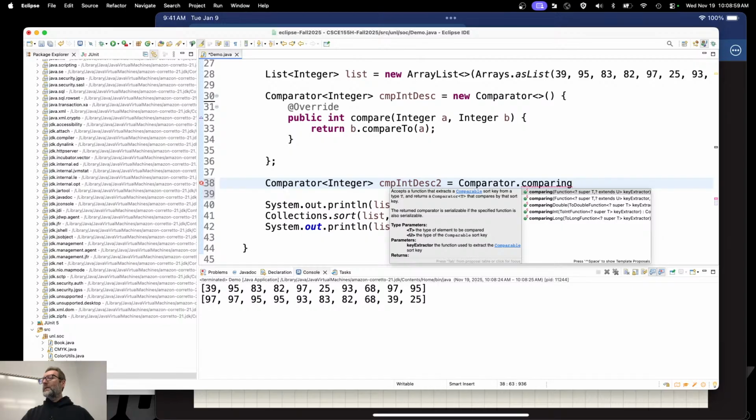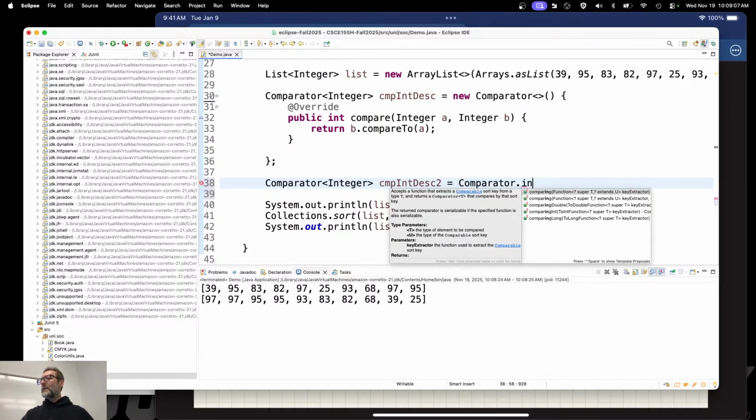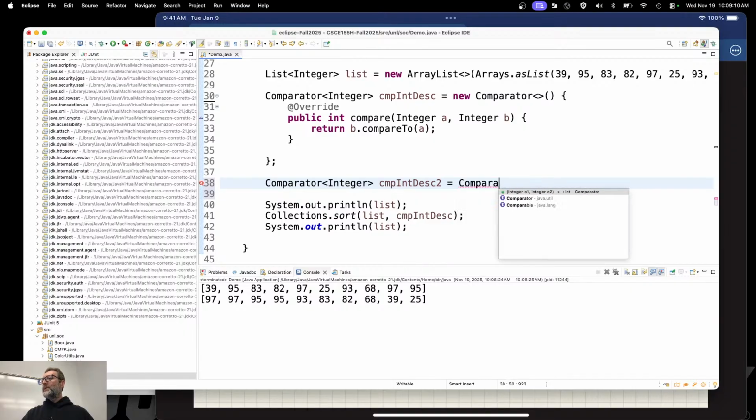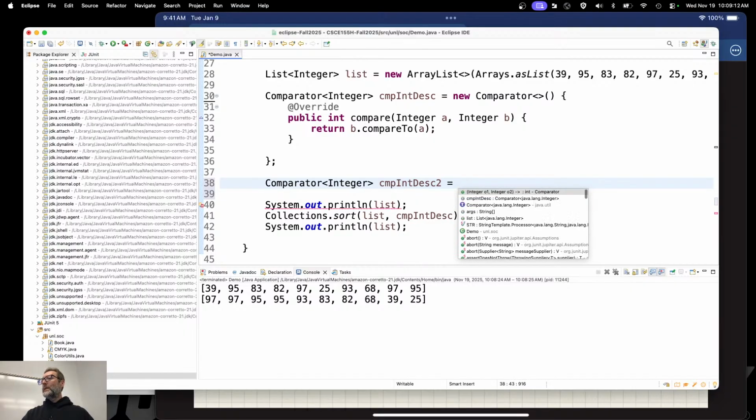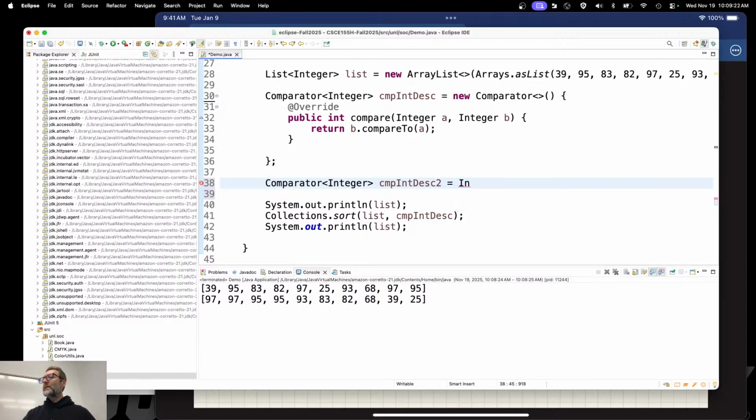Oh no, this is going to make more sense with user-defined types. Isn't there an int comparison dot int? Nope. Maybe it's an Integer class. Integer.compare. It's not in there. I thought that there was a comparator class. All right. Anyway, what I can do is I'll do ascending for now.